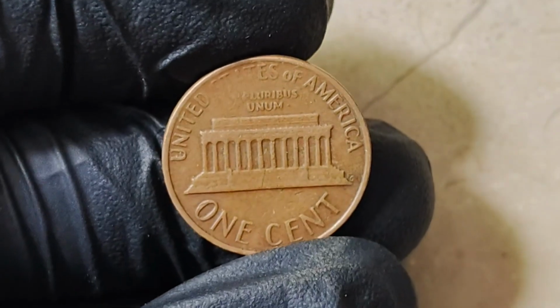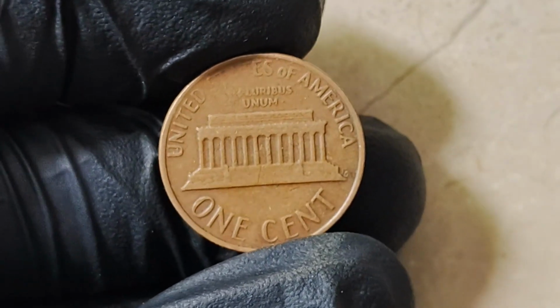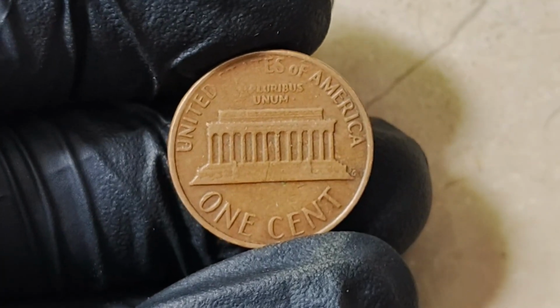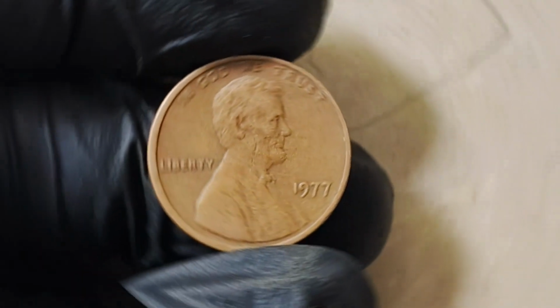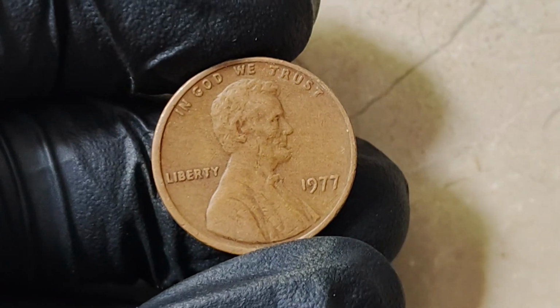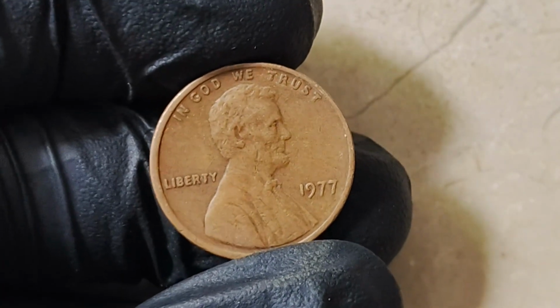Just a retired factory worker from Ohio. He wasn't a coin expert. He wasn't looking for treasure. He just liked saving odd-looking pennies, but when he brought it to a local dealer, everything changed. The dealer's hands trembled as he examined the coin under magnification. "This isn't just rare," he said. "This changes everything." And it did, but what happened next stunned the entire coin world, because more examples started surfacing,